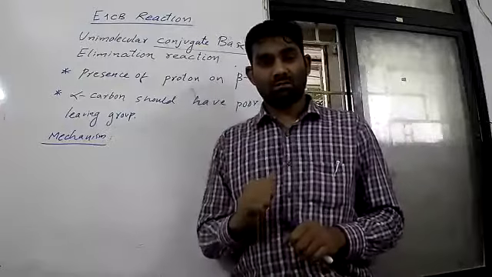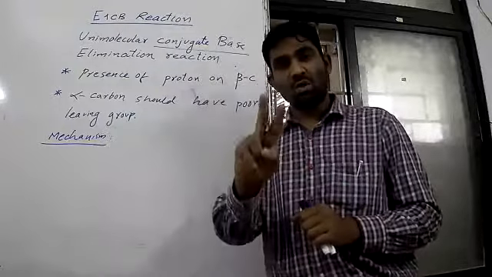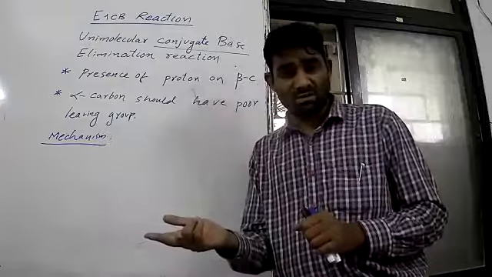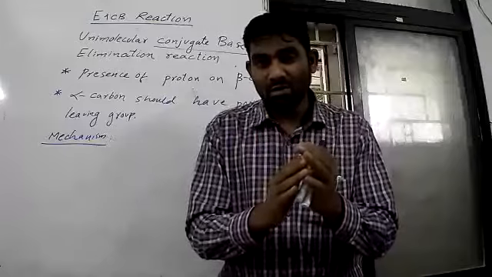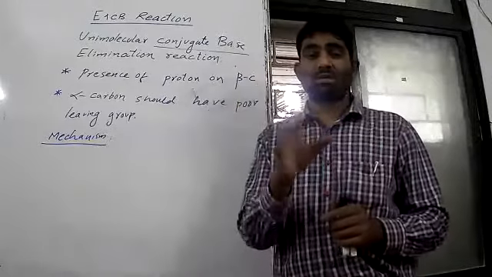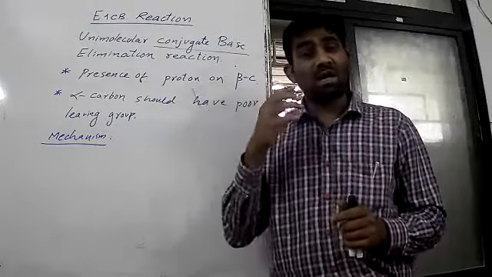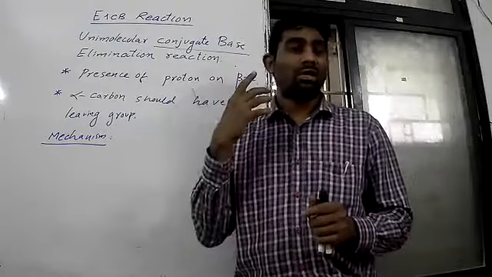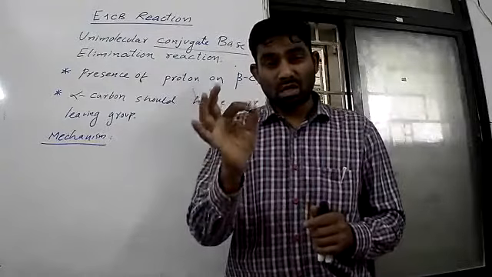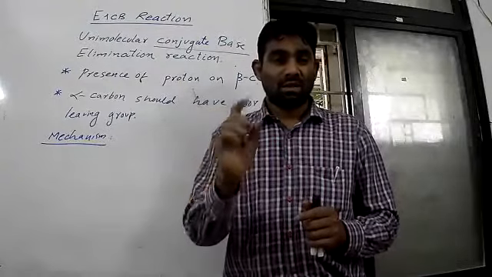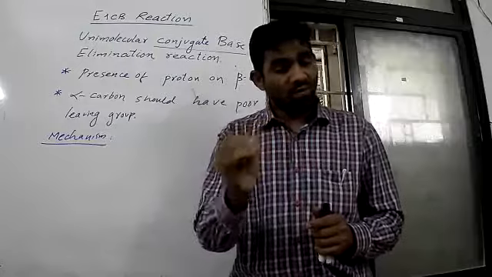What is the meaning of E1? You have to memorize, you have to understand. E1 elimination is what? A two-step reaction, just like SN1. In step 1, formation of carbocation. I am stressing this, meaning you have to be very clear and very familiar with this mechanism. In the E1 reaction mechanism there are two steps. First is formation of carbocation.